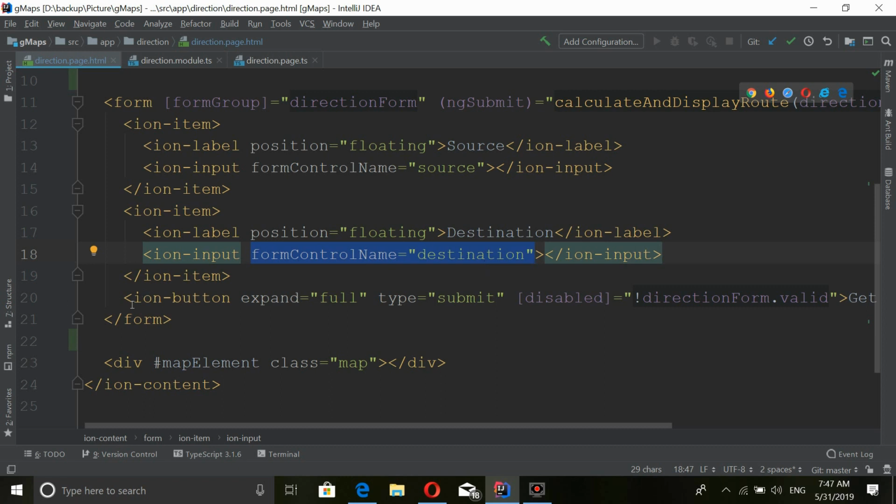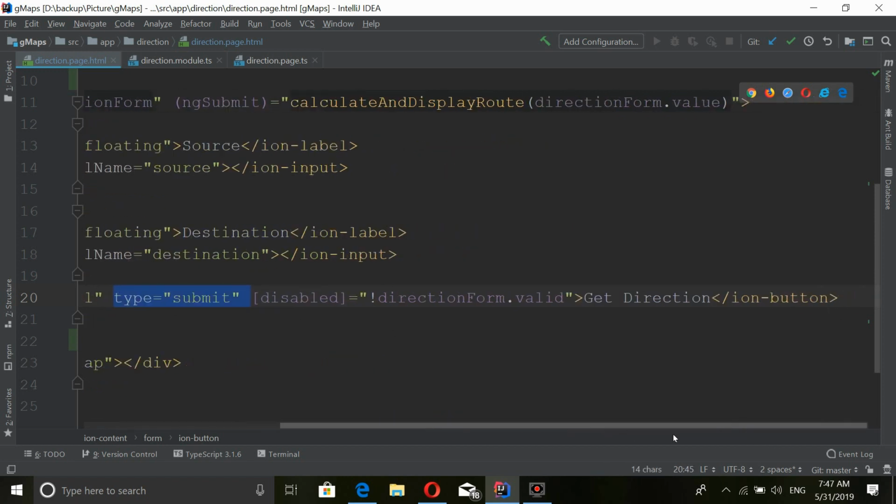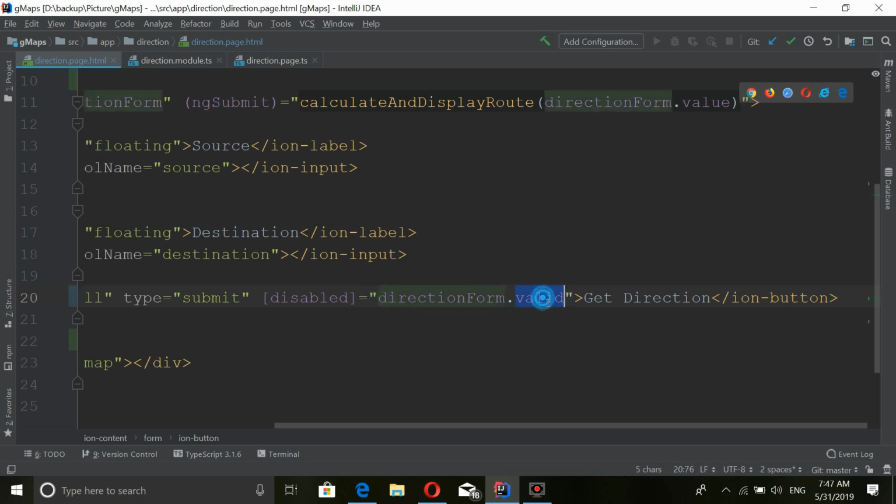Next, I need another button for submitting my map. So I use one button here, and the type is submit because I want to submit my form. Next, I disable this button while the direction form is invalid. Currently the direction form is invalid, so I use the exclamation syntax followed by direction.valid, or else you can go with direction.invalid.